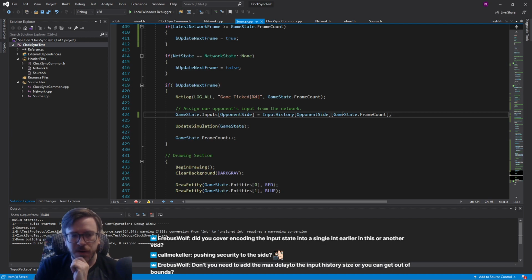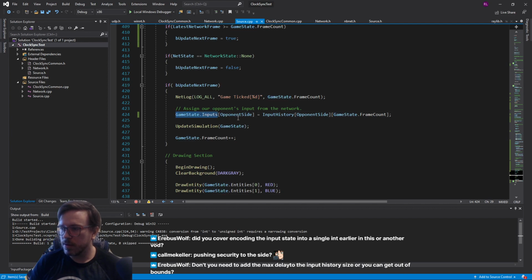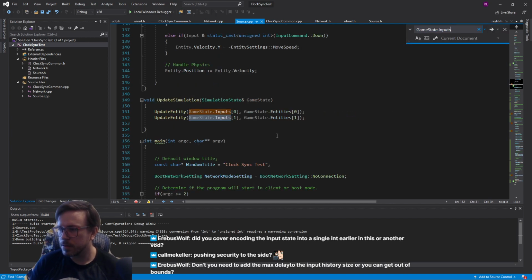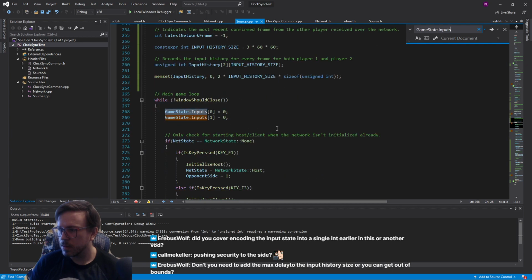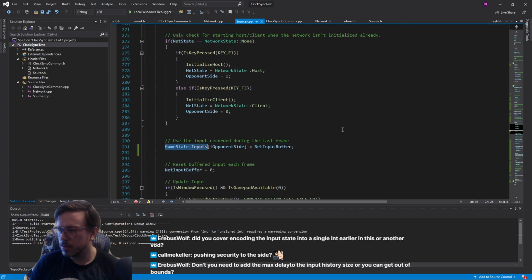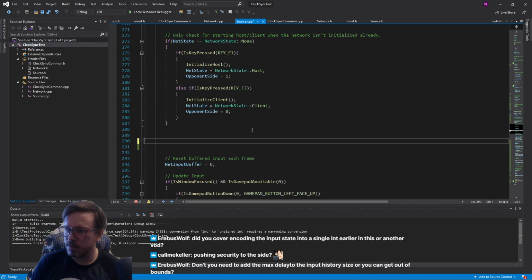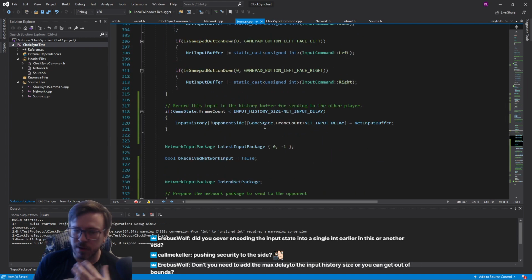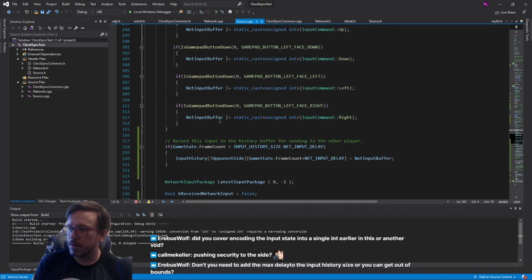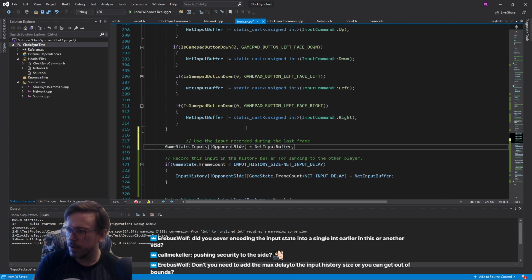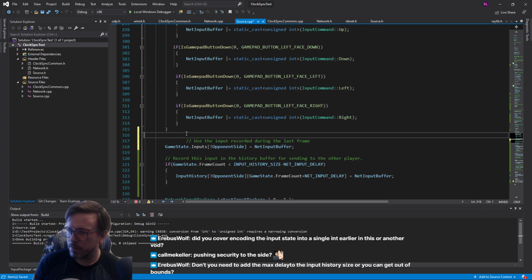There's one more thing I want to do before we test this. I want to make sure that we're actually applying the input with the latency, the input delay applied. So let's just do that real quick. Okay. So this did the delay for us, but now we actually have a delay constant we can apply. So after we record our input, whoops. So what we can do is,